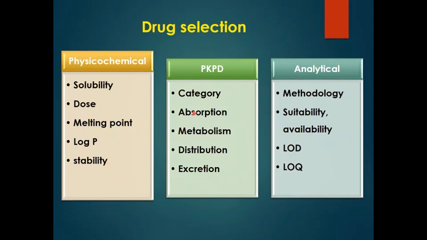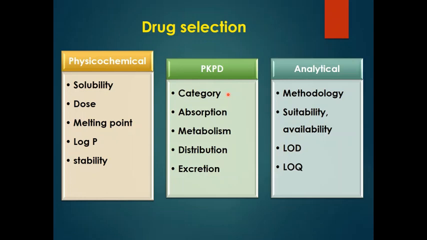And next, category. So you need to see what is the category, whether it is anti-inflammatory, anti-rheumatic, anti-cancer. What is the category of the drug? Why? Because for a simple fever, crocin or paracetamol cannot be used, and it's a waste to prepare a nanoparticle. So if you see the category, it means whether the drug can be used for a chronic condition or not. If it should be used for a chronic condition, then you can go for a system which gives a controlled release to reduce the dosage frequency.